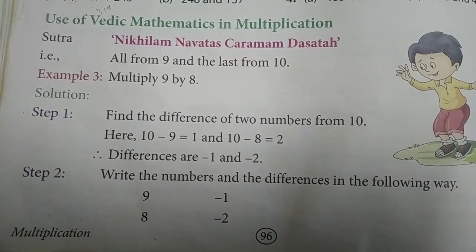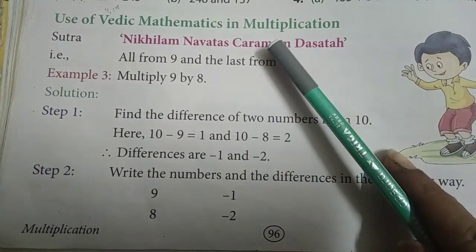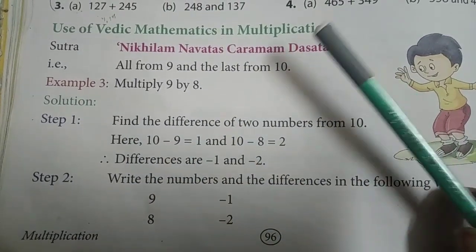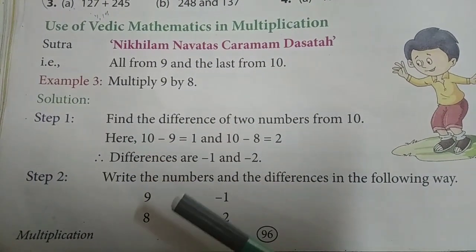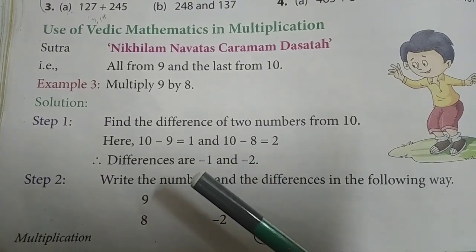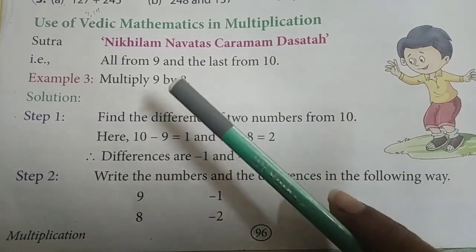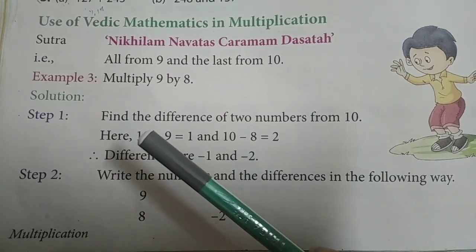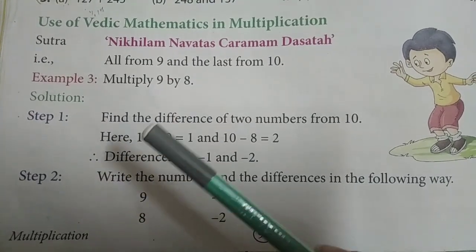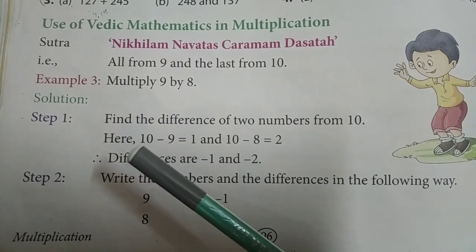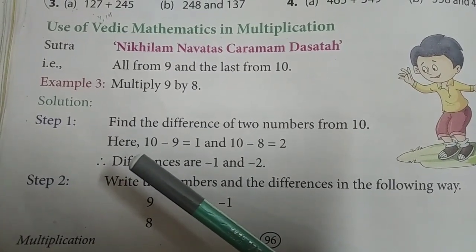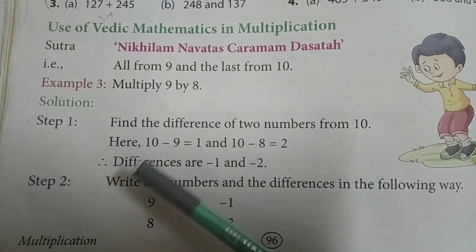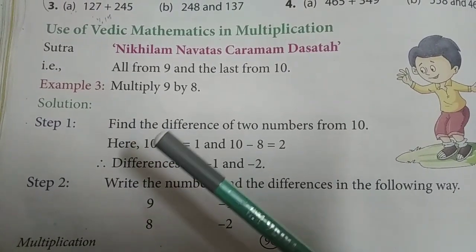As I said, this particular method is used to multiply two numbers. First, we will apply this method to multiply one-digit numbers. Normally how do you multiply one-digit numbers? You have to remember the tables, right? To get the answer you have to remember the tables. But one simple method is there. That doesn't mean you will not learn the tables. You have to learn the tables, but this method can also be used to find the answer.